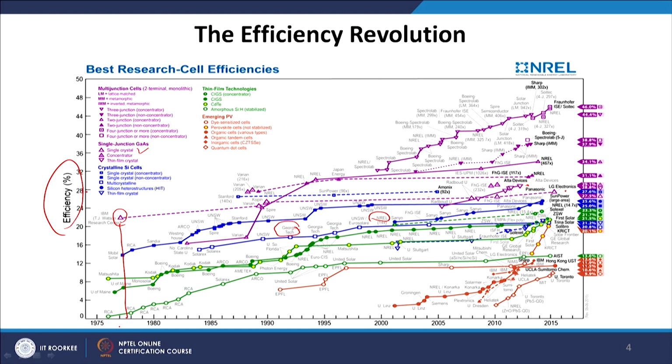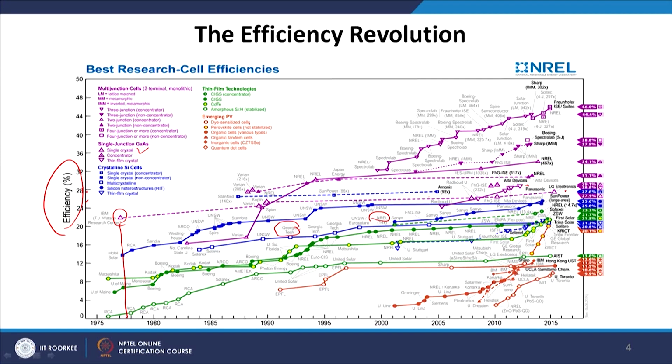Starting from 1977 all the way until 2014, the efficiency has changed from 26% to 28%. So, this kind of growth is not a very fast rate of growth. The efficiency already started with a very high number, but the growth is almost saturated. However, if you look at some of the young technologies, for example, dye-sensitized solar cells or thin film solar cells or perovskite solar cells, the growth is very high. One technology whose growth is very high is the perovskite solar cell.